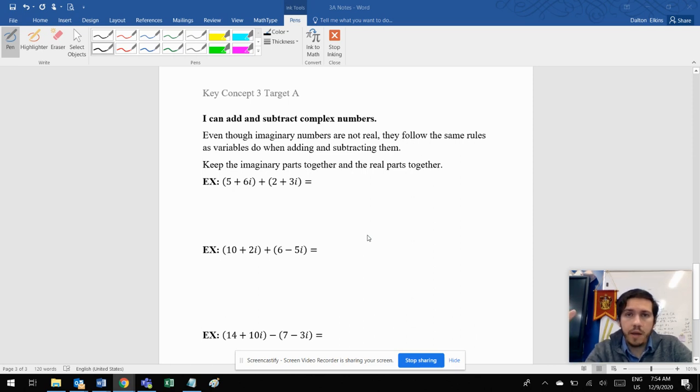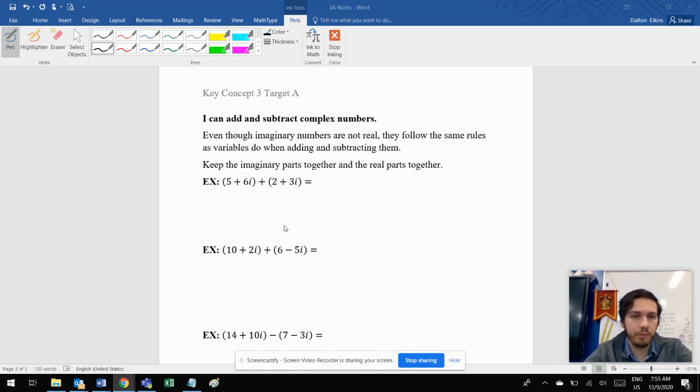One of the things that you may have thought about with imaginary numbers is how do they act? They're imaginary, so they're not real, but we call them numbers. So do they work like numbers? Are there special rules about them? So today we're going to look at how you can add and subtract complex numbers, which are numbers that include